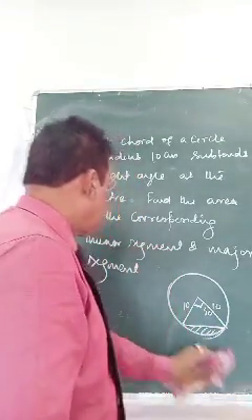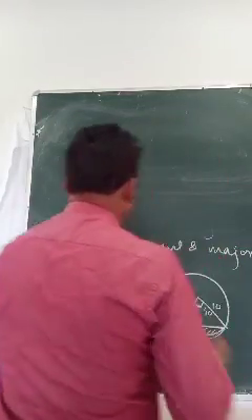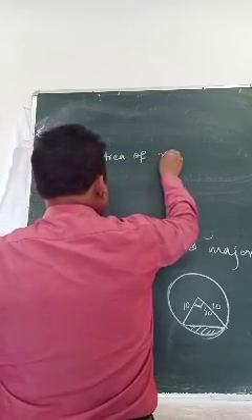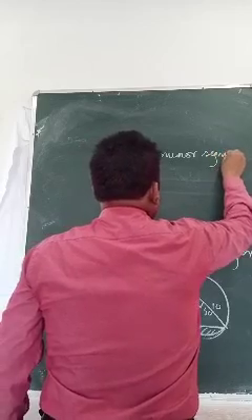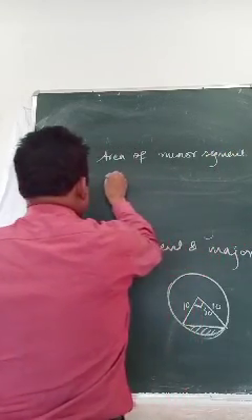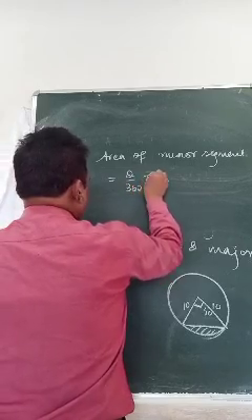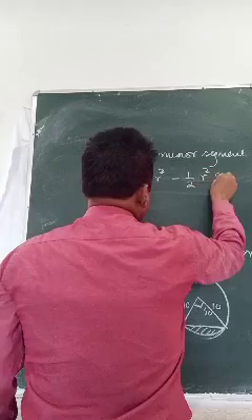What is area of minor segment? Area of minor segment, that is theta by 360 pi r square minus half r square sin theta,